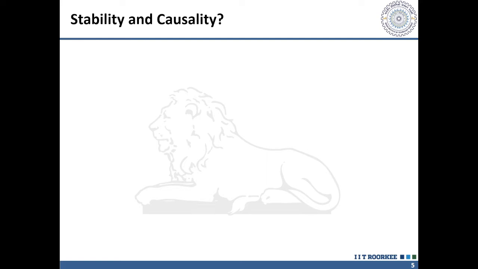Now coming to how Z transform tells us about stability and causality. But first we have to look for the nature of z to the power minus n. We have z equal to r into e to the power j omega. So z to the power minus n can be written as r to the power minus n into e to the power minus j n omega. So we have multiplication of two functions, so we'll analyze them separately.